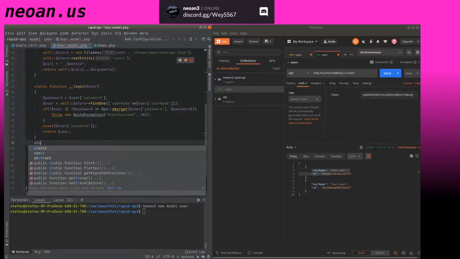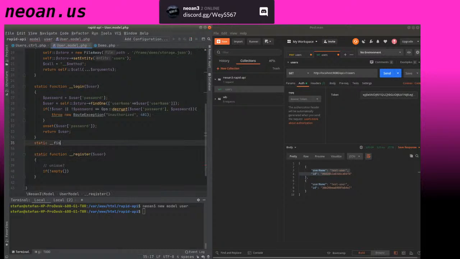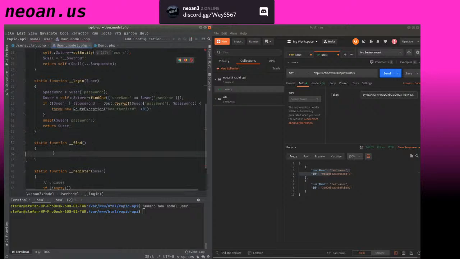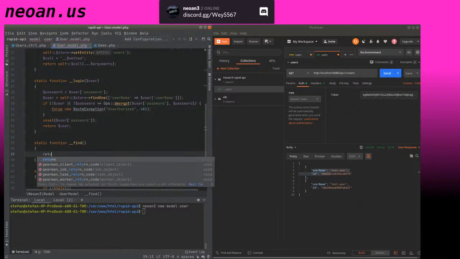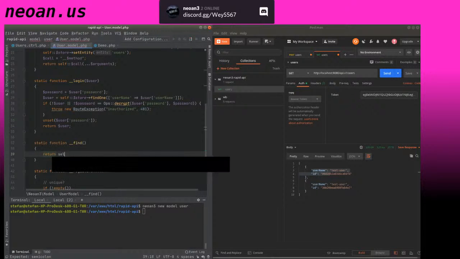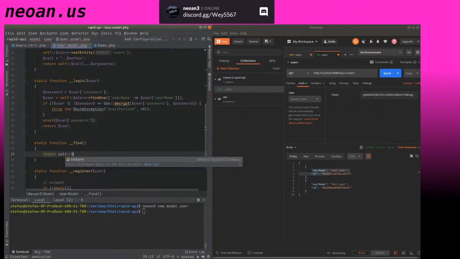what I want to know is if I search for this, and actually, what I quickly want to do in between here is create a find as well. We shouldn't have any kind of database interactions outside of this. Sorry about that. So here I'm going to simply say, okay, return self store find, just find, yeah, and then condition,